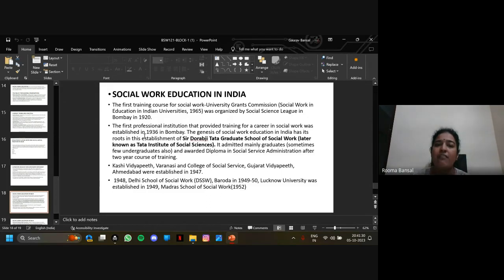Very renowned and very good institute in the field of social science. Initially, they admitted mainly graduates, sometimes undergraduate people, and awarded a diploma in social service administration after a course of 2 years. It was a 2-year program, and after that they provided a diploma in social services administration. After that, so many universities and institutions and colleges started working in this field and established their own departments,